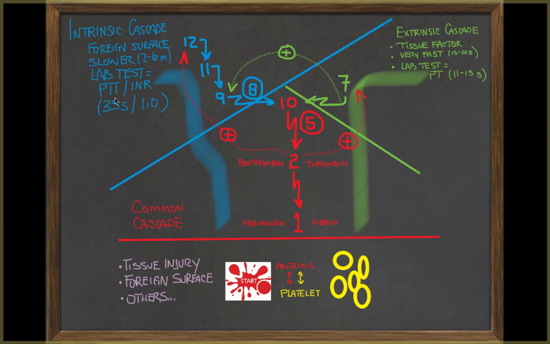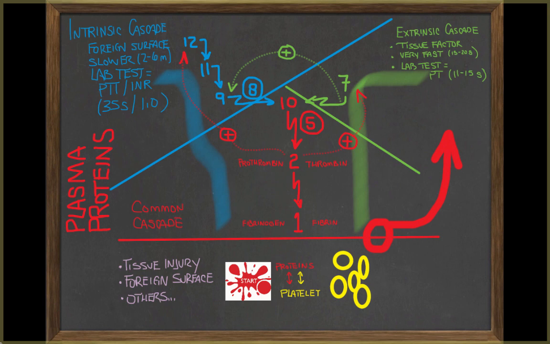And given that these tests are still used clinically, this coagulation model helps us understand the results of those clinical tests. But given that most of our patients that we see as cardiovascular perfusionists have developed their coagulation issue as a result of the care they're receiving, we generally don't have to concern ourselves with all of the fine detail of these protein interactions. In fact, for our purposes, it's generally okay to simply understand that everything above this red line